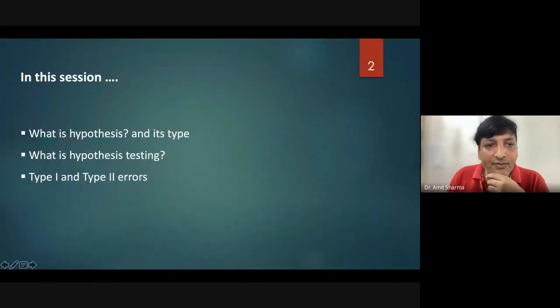So these are the things we are going to cover: what the hypothesis means. For example, from the beginning, from the first class, we were quoting that A is causing B. This is the hypothesis which a researcher has made. This will be called the hypothesis, that you want to prove that really A is causing B. In this hypothesis, you want to evaluate the different factors that are contributing to the cancer.